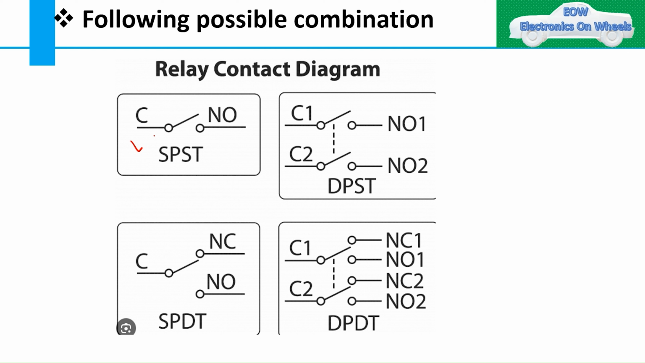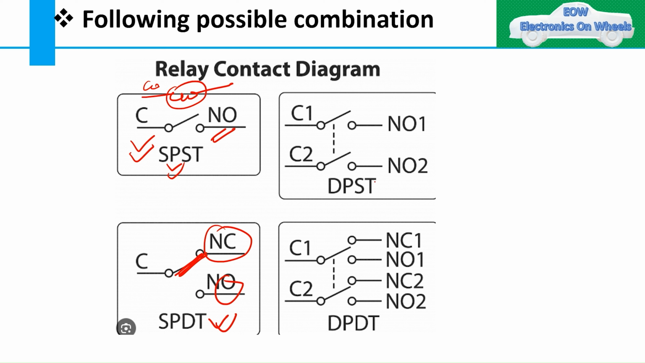So in this condition, one side is the coil, and the other side is your contact side. If you have a normally open relay, that is SPST, called single pole single throw. But when you have two contacts here, one is normally closed and the other is normally open, then it is a single pole double throw. Then we will have the